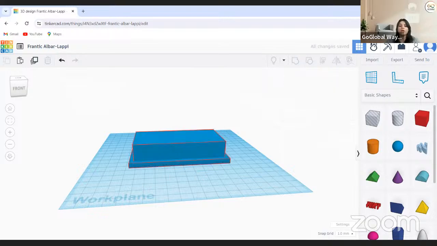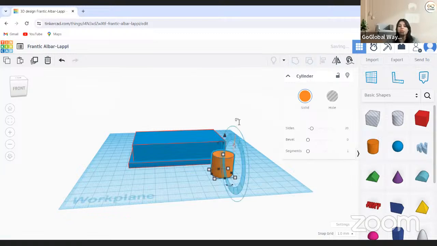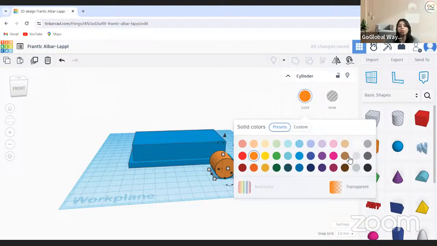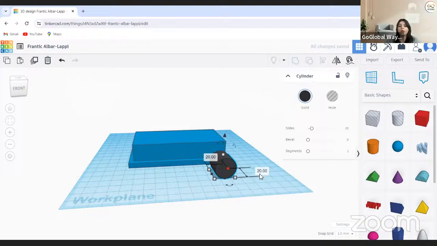Now I want to make the wheels of the car. So for the wheels, I'm taking a cylinder. I'm giving it a vertical turn of 90 degrees. This should be black in color, and I will make the height 10. Yeah. Now I'll do copy paste. I'm moving it, and this should be a little bit smaller. So I'm making it 15,